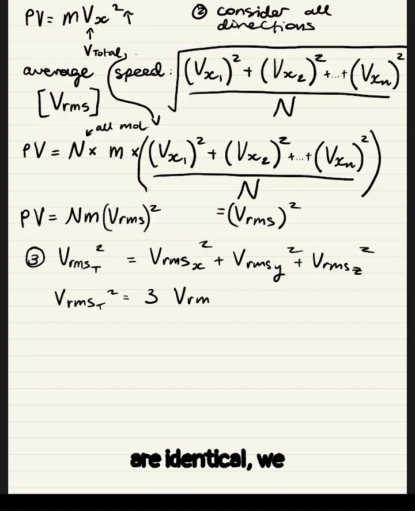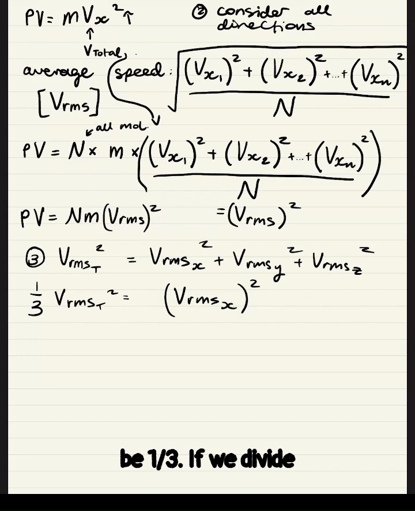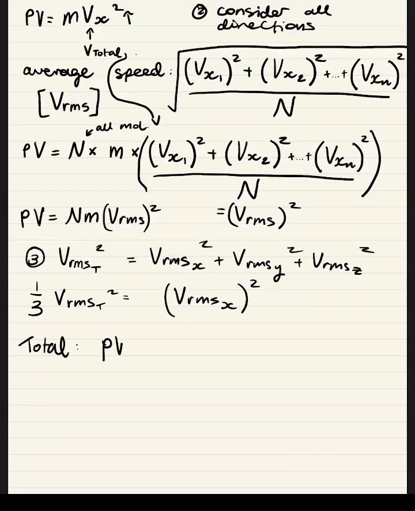Because we assume that all of these are identical, we could just sort of call it one thing. So let's just all call it x. Where this would then be a third if we divide everything by 3. Therefore, the total of everything,